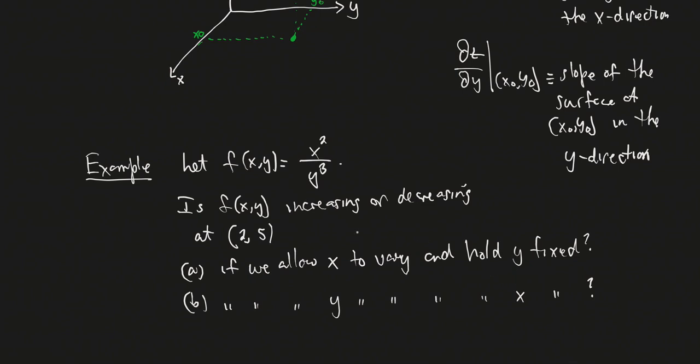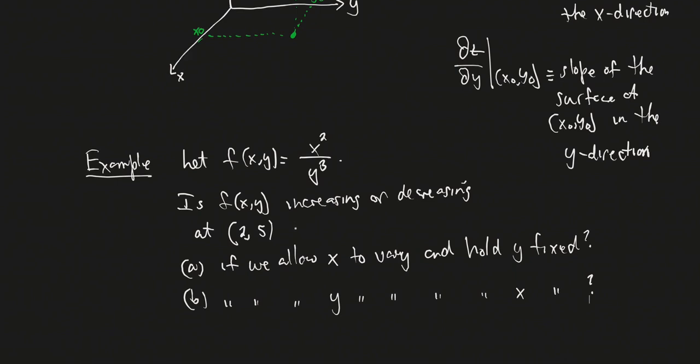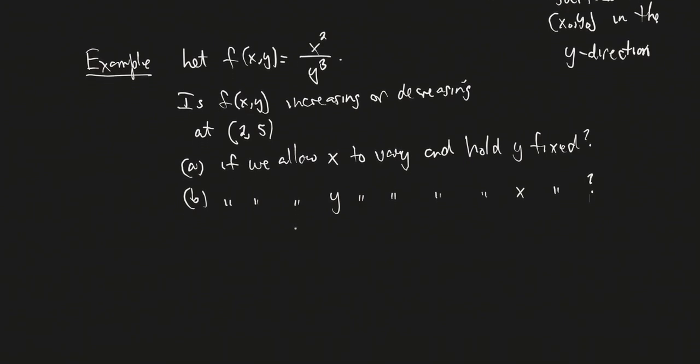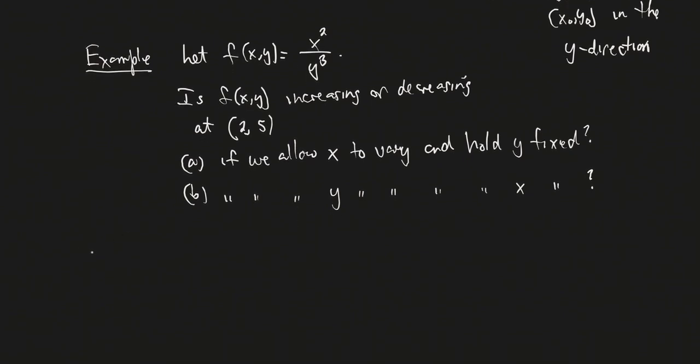And not only can we answer these, but we can even say in which direction, x or y, the rate of change would be greatest, or the magnitude of the rate of change, or where it changes most rapidly, whether up or down. So you can say a lot just by computing these. So let's see what we end up with. So for part A,